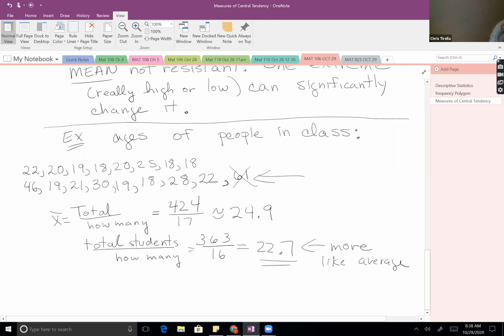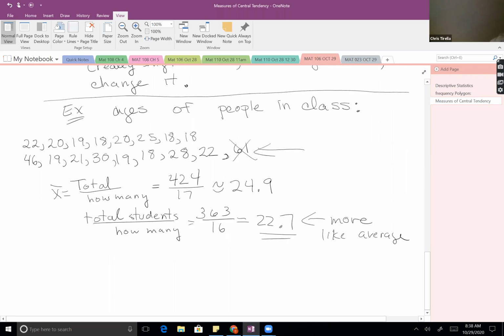Yes? And so that's that general idea that the mean is not resistant. And so sometimes we don't use the mean because one extreme value can alter it a lot. Let's say, for example,